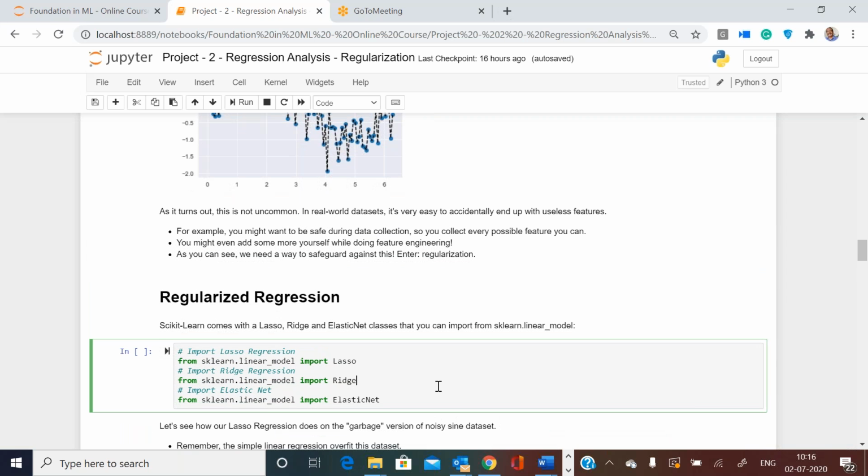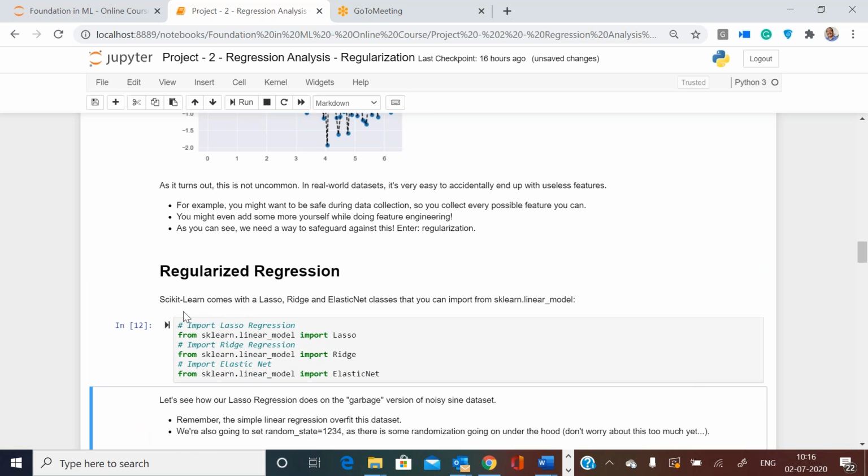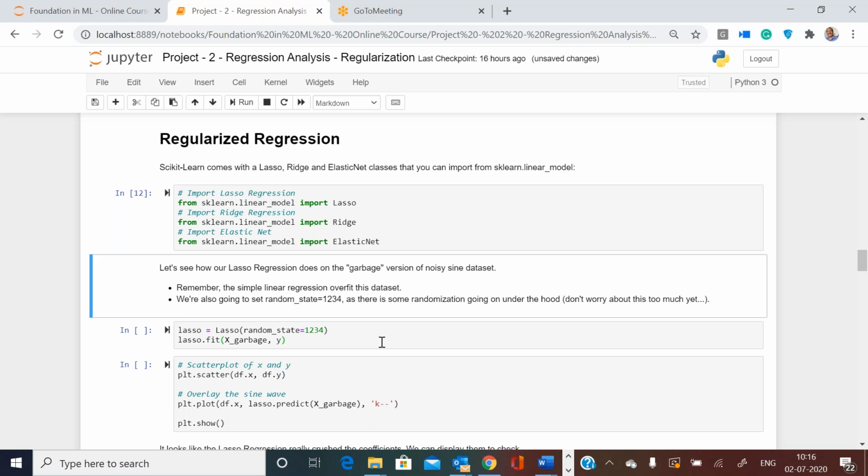So I'm importing all three regression algorithms, and now let's start with our lasso regression first. So I'm instantiating Lasso, but if you look at it, scikit-learn puts a capital L. Internally there are a lot of random numbers used to do this algorithm.